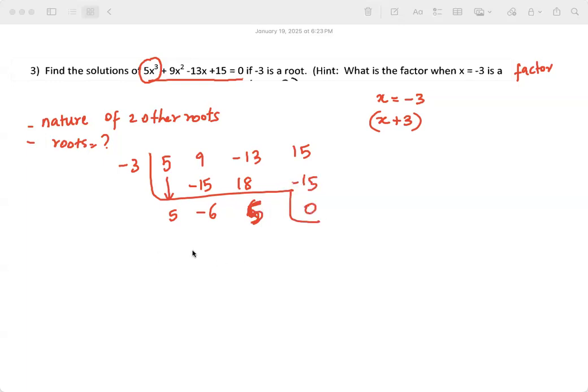So now the other polynomial is the reduced polynomial. This is a cube, right? So the reduced polynomial from this one, I can write it out as this is my reduced polynomial. So the given polynomial can be written as x plus 3 times this. Now, I will wait for you to solve, guys. I really want you to solve the reduced polynomial. Tell me the nature of the roots and the roots. Can we try?